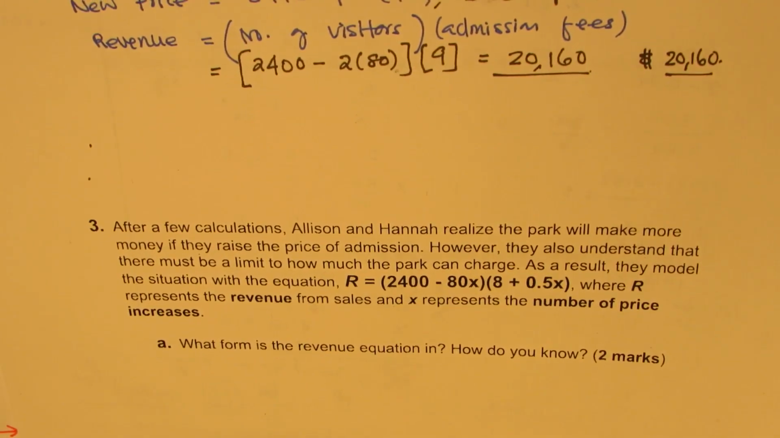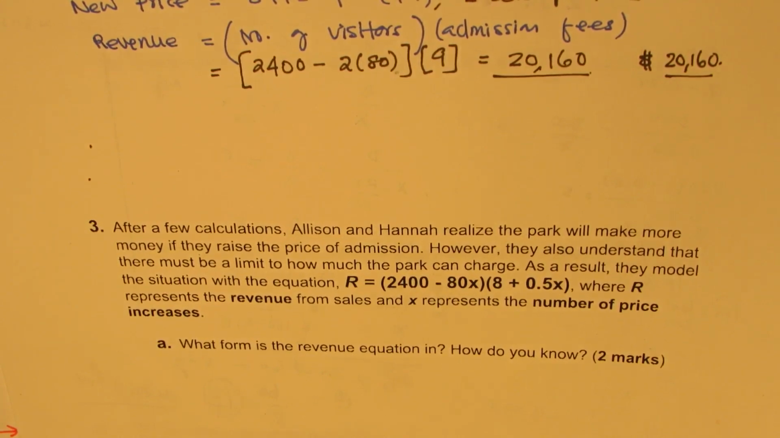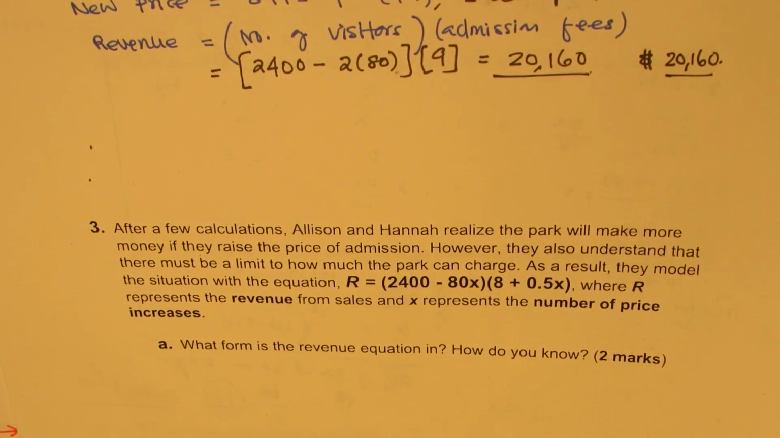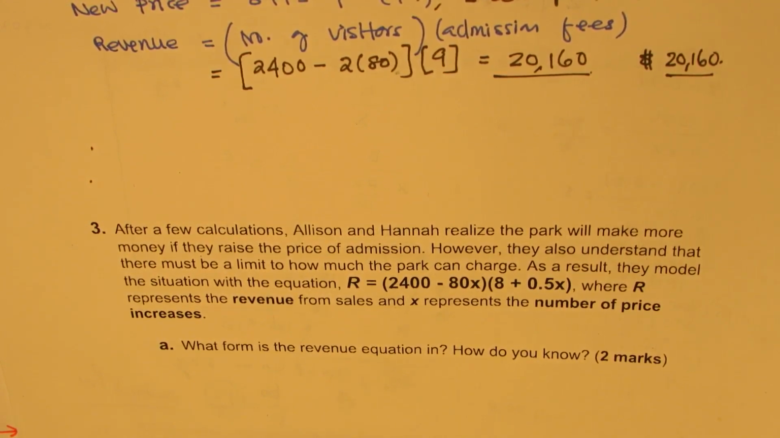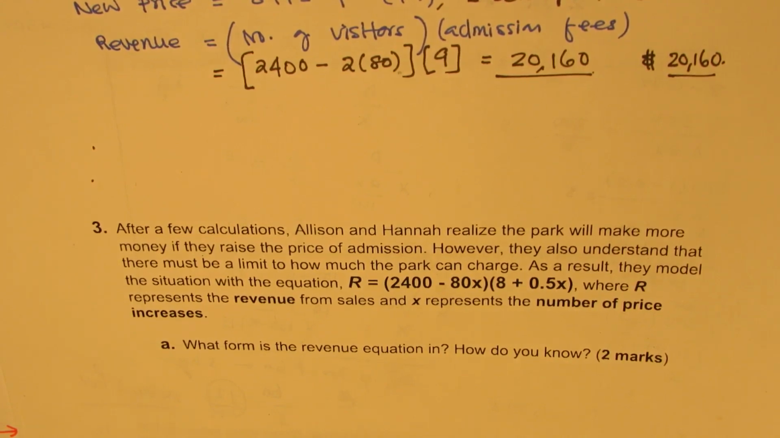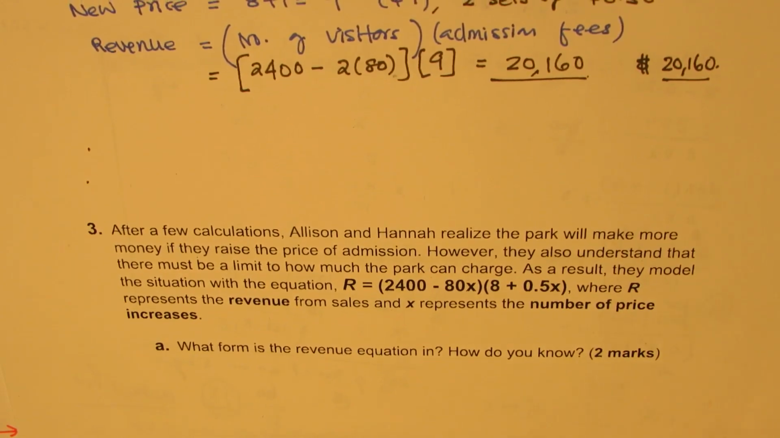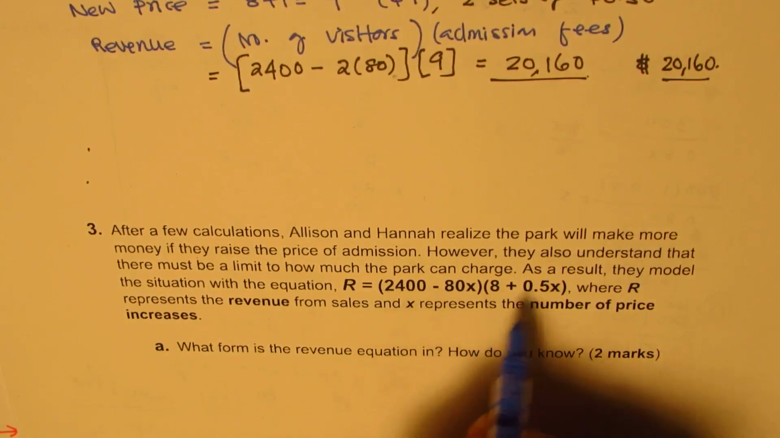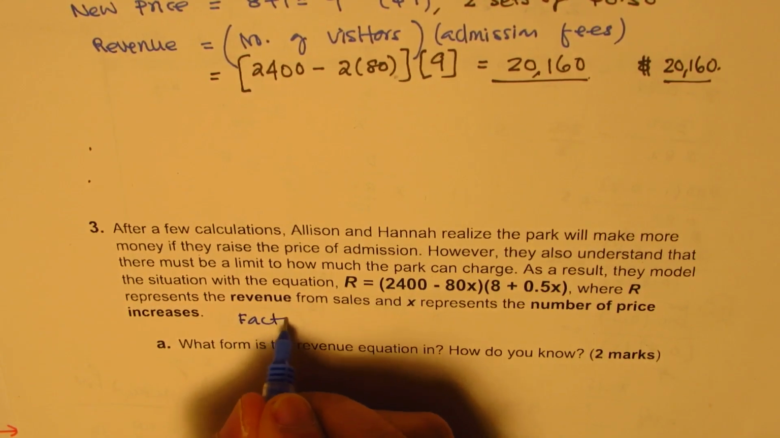So as a result, they modeled the situation with the equation R equals 2400 minus 80x times 8 plus 0.5x, where R represents revenue from sales and x represents the number of price increases, in sets of 50 cents, right? What form is the revenue equation, and how do you know? Well, this is the equation which is given to us. We can write down the form here itself. We did apply a similar equation to find our answer. This will be called factored form, right? So this is factored form